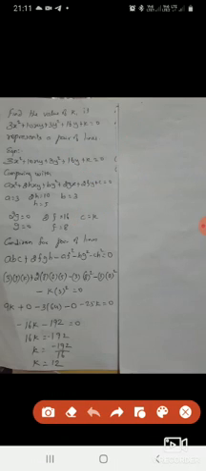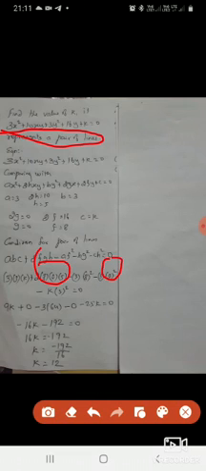Now, after comparing all the values, it is already given that it represents a pair of lines. Representing a pair of lines means this condition is equal to 0. It is a necessary condition. We apply the values and simplify. Since g is 0, everything multiplied by it goes to 0, so these two terms directly go to 0. We get -16k - 192 = 0. Therefore, k = -192/16, that is, the value of k is -12.